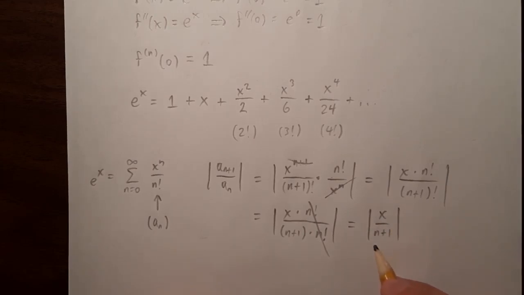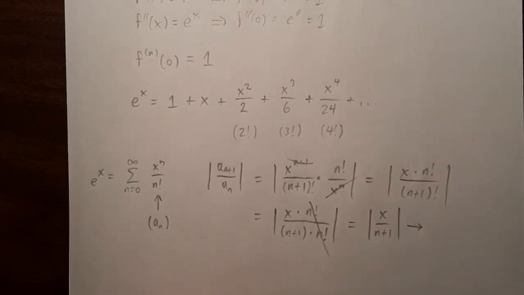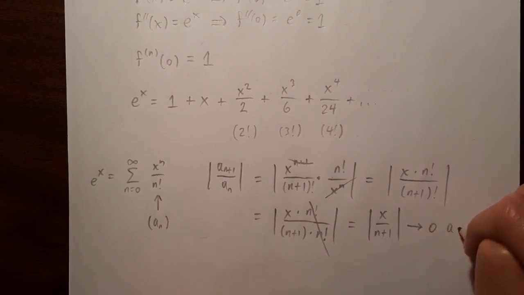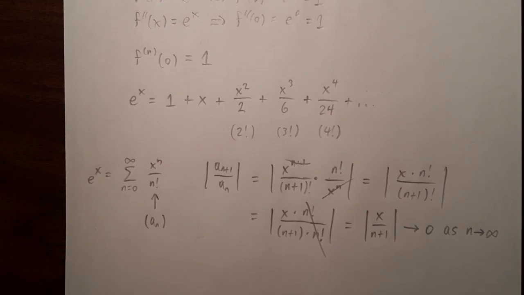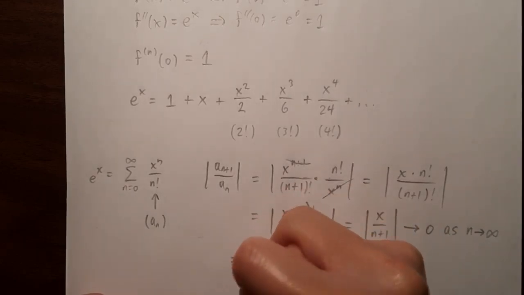So the denominator is growing without bound, the numerator is constant. So this thing, no matter what x is, is going to go to 0 as n goes to infinity. All right, and what does that tell us then? So 0 is less than 1, strictly less than 1. And so in that case, by the ratio test,